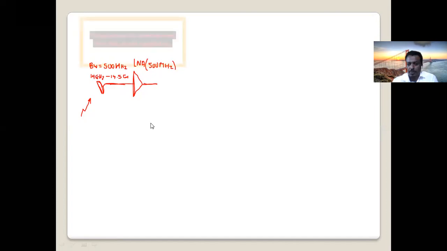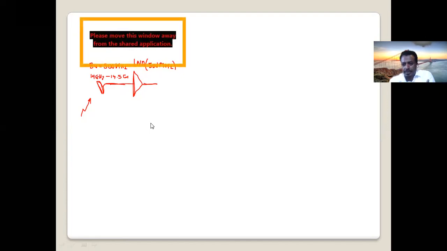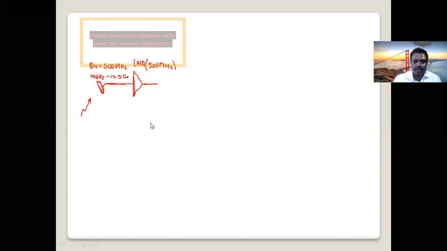But why do we call it low noise? Because it adds a minimum amount of noise. Noise is mostly generated from inside or comes from outside, so we need to minimize noise generated by our own system. This amplifier is called a low noise amplifier because it generates a very small amount of noise. That's why we call it low noise amplifier, as we have discussed